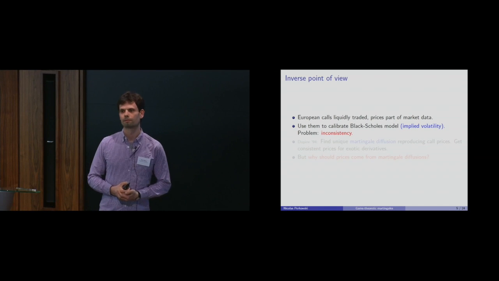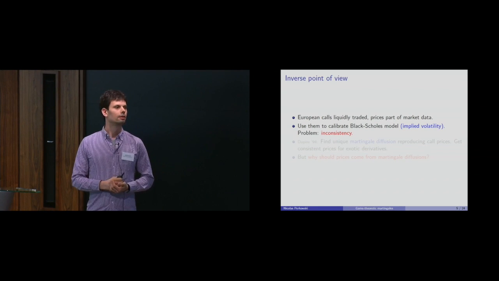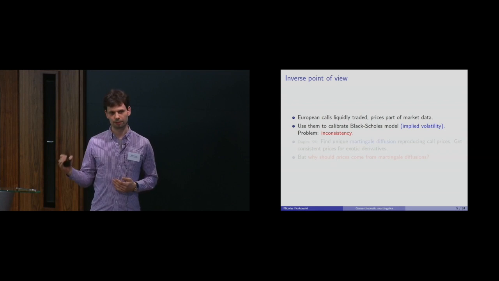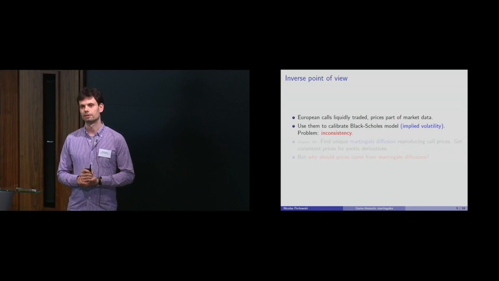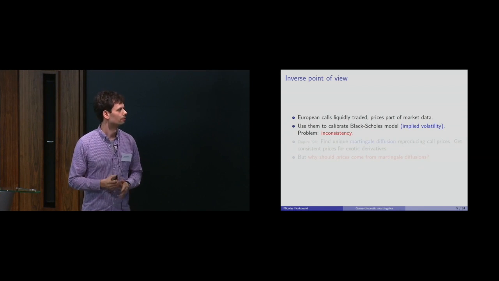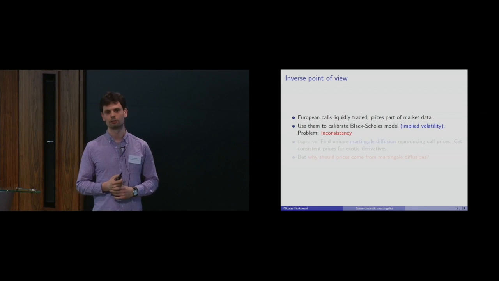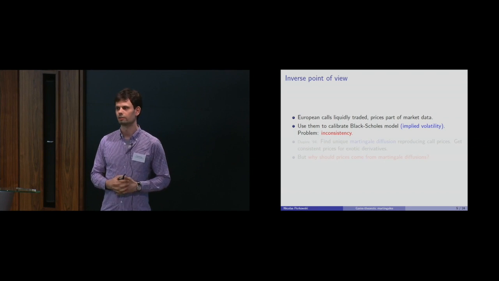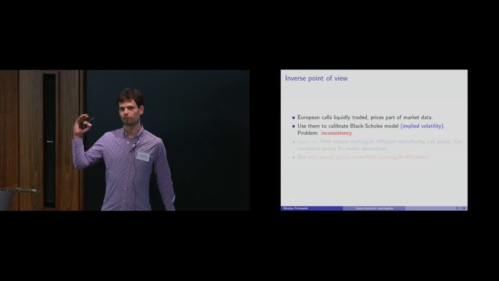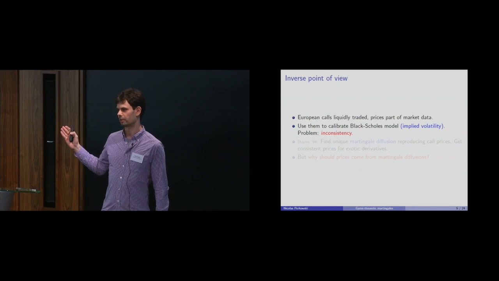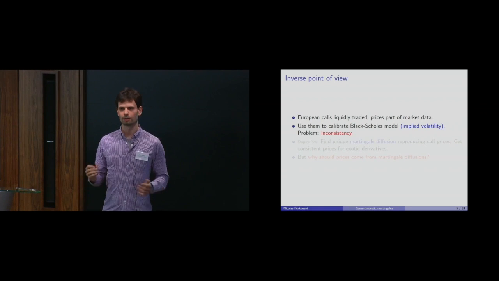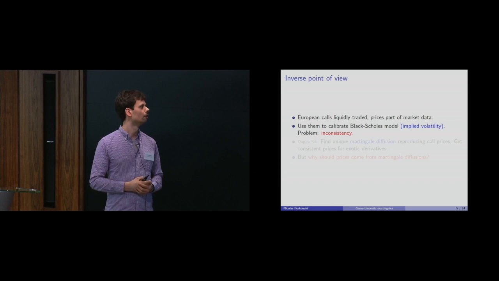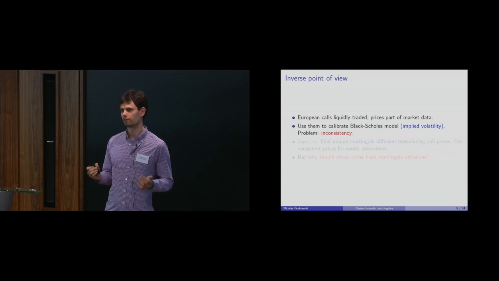Okay, so how do we get the model? One thing you can do is, let's say we take a Black-Scholes model, and then I think this goes back to Dupire, maybe not. You can see that European call options are very liquidly traded, so you can infer the prices from the market. If you know the price for one European call option, and you assume a Black-Scholes model, this tells you what the volatility is. And when you know the volatility, you know the entire model, you can price all derivatives. Right? Okay, this is great.